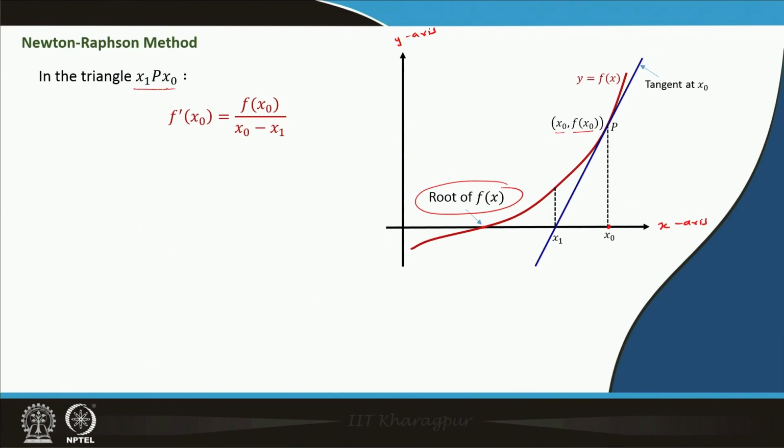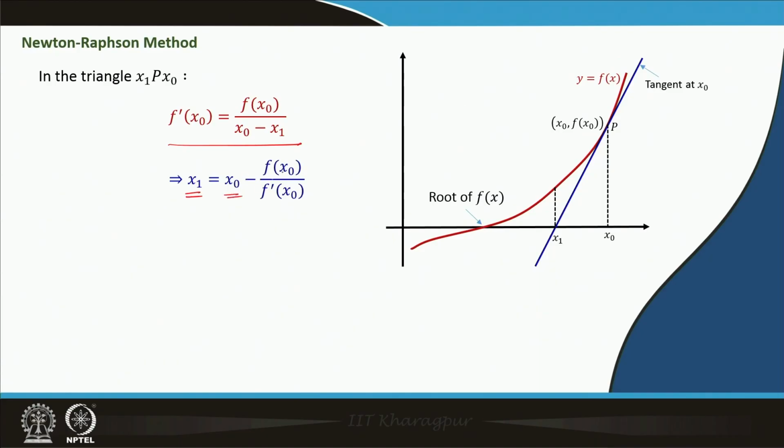From triangle x 1 P x 0, we observe that the tangent at x 0, tan of this angle theta, if this is theta, is f prime at x 0, and this is equal to this distance, f x naught, divided by x naught minus x 1. If we simplify this now for x 1,